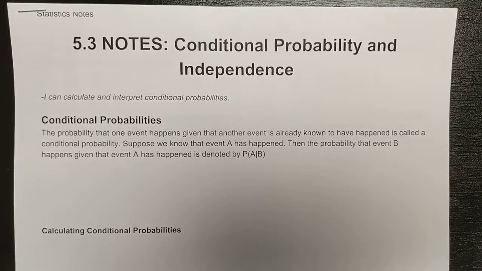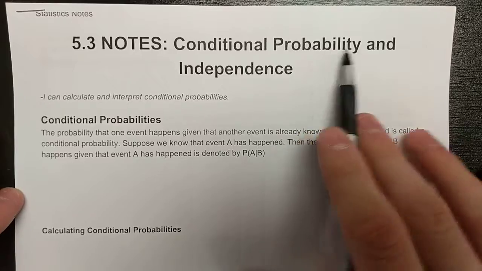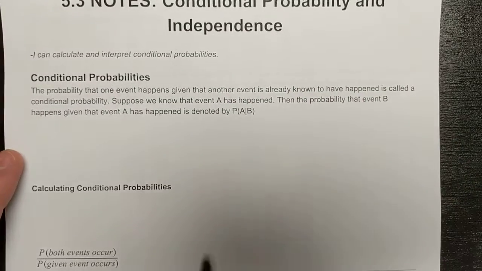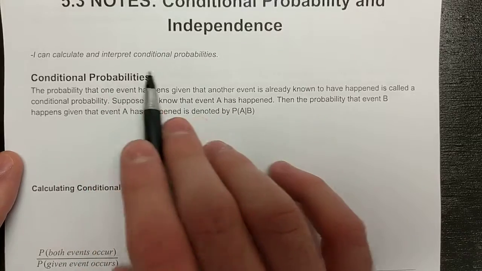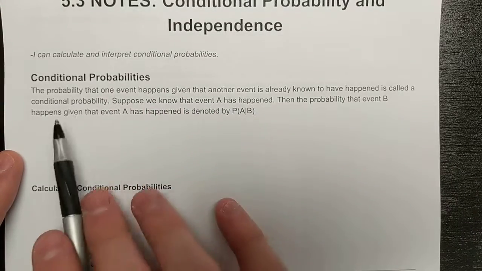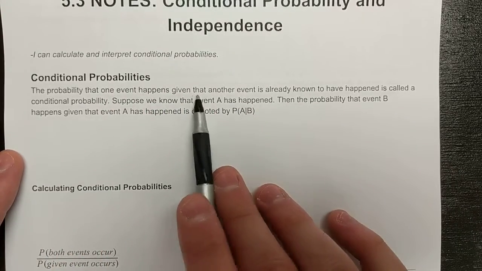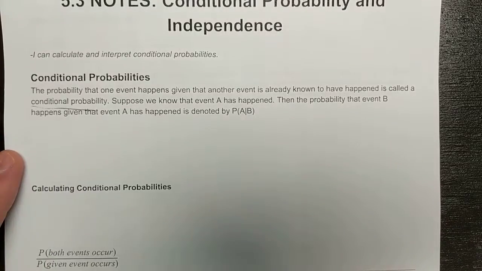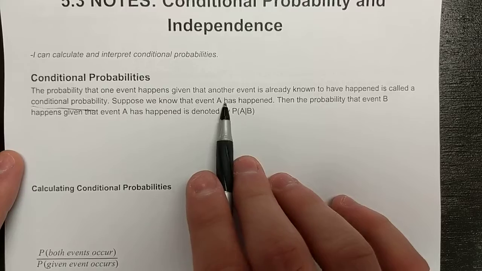In section 5.3, we're going to talk about conditional probability and independence or independent events. First, you're going to calculate and interpret conditional probabilities. So the probability that one event happens given that another event is already known to have happened is called a conditional probability. Suppose we know that event A has happened,